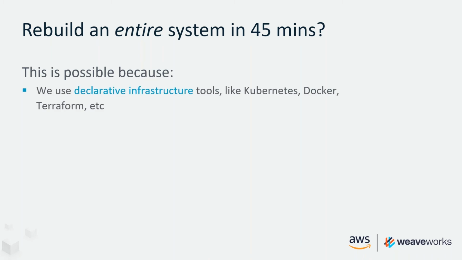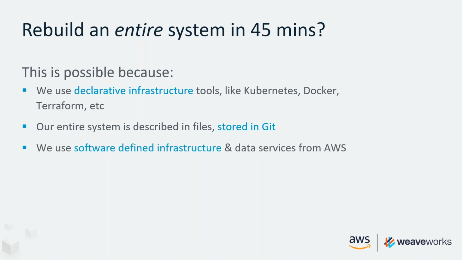Tools that declare infrastructure as code, things like Kubernetes, Docker, Terraform. In the declarative approach, we specify the end state of the infrastructure we want, and then some software makes it happen. The state is declared in files. The files are stored in Git. We're using Amazon services and infrastructure, so we already have an underlying resource that will service our demand for deploying all of this infrastructure that we've described in files.